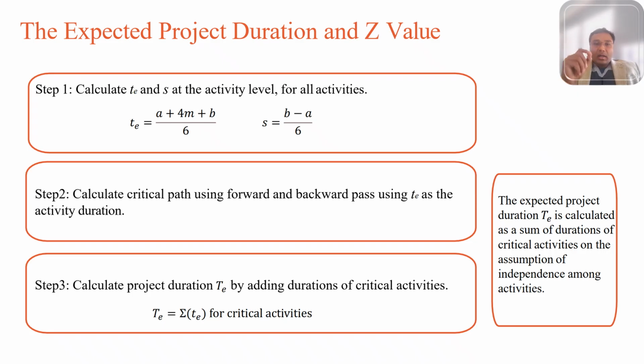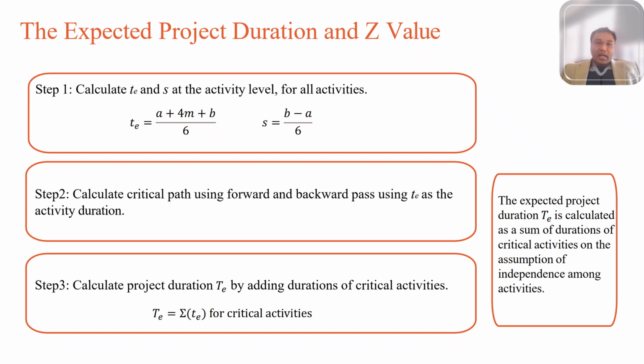It is the capital TE, which equals the summation of all your small te, which is your expected time for all the activities, or at least the critical path activities. This allows us to compute probabilities using a formula we call Z0. I'll explain more about Z0 in the next slide, but it's basically